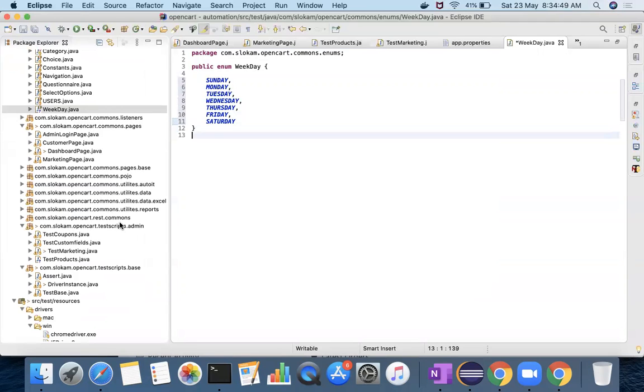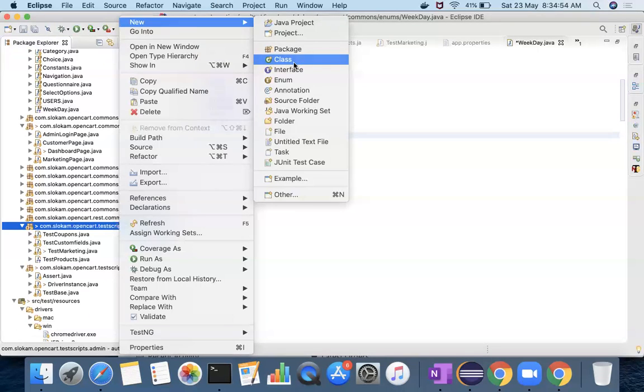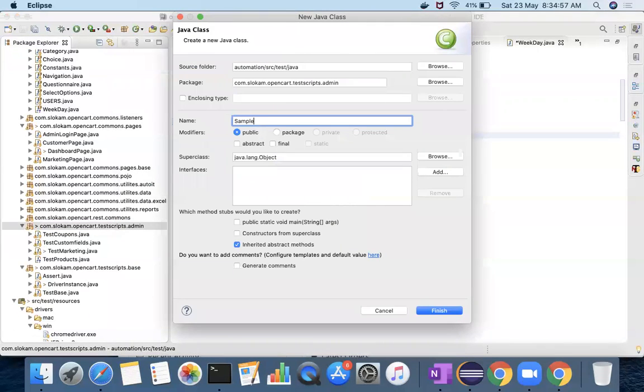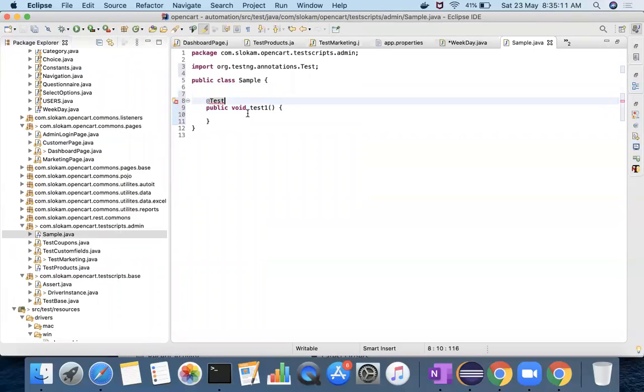Here I just want to print a weekday, whatever the value of weekday, I just want to print.